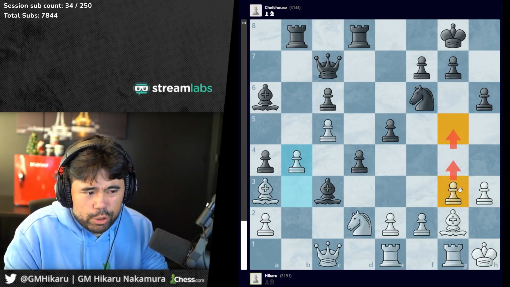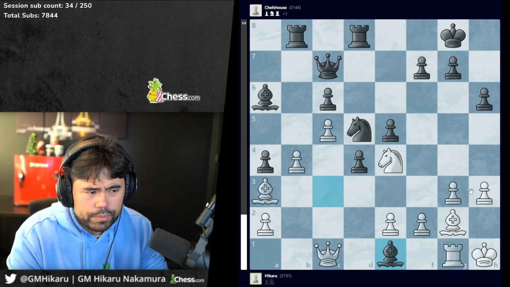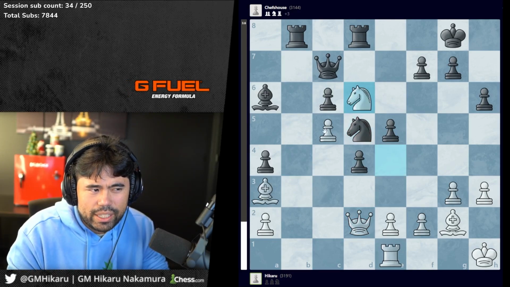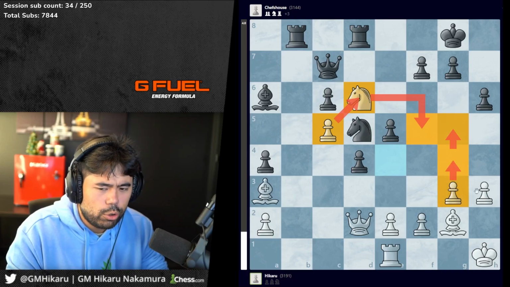So I want to go like g4, g5, and just confuse matters. So he plays knight d5, I go knight e4, he takes. Obviously I'm down an exchange here, but now after queen d2, knight d5, knight d6, at least I have a nice knight on d6, maybe some knight f5 tricks, g4, g5, and I can hope for some kind of